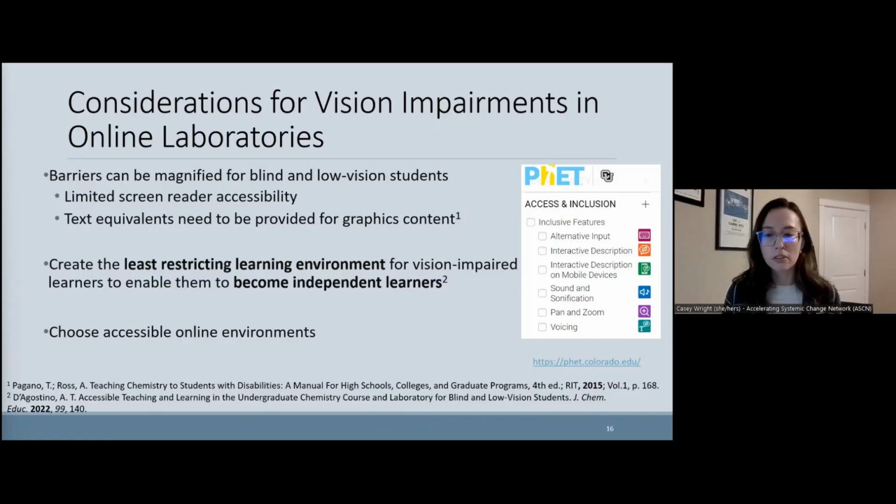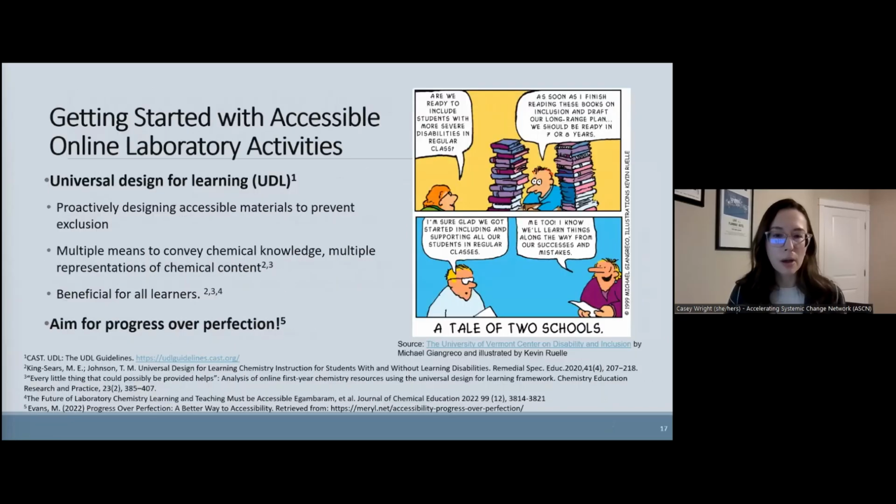chemistry courses. So for example, instead of relying on what we really would call a mitigation measure, such as adding an app like I did into the online lab environment, we can look towards simulations such as PhET out of the University of Colorado, which has integrated multiple accessibility features, such as adding alternative inputs and sonification to their simulations. And so I'm going to wrap up before I turn it over to Carrie,